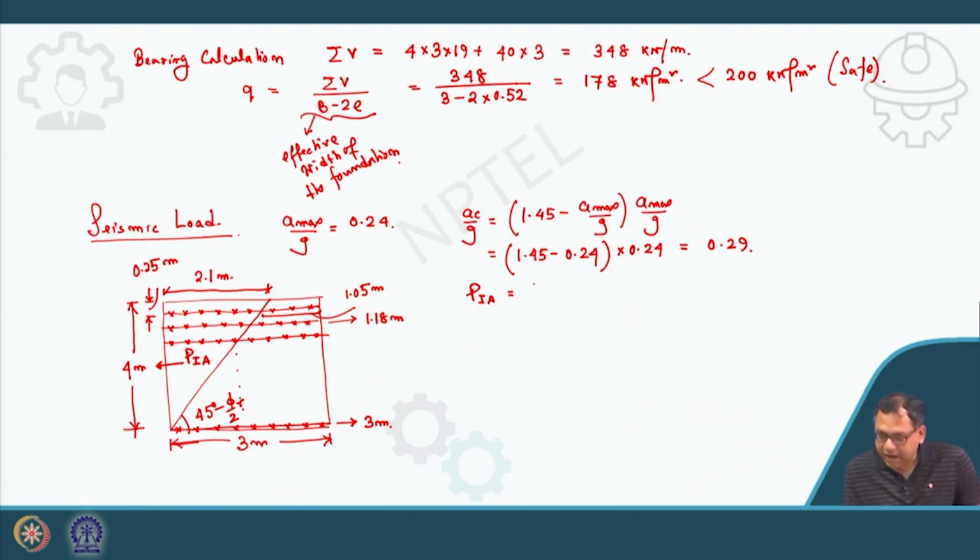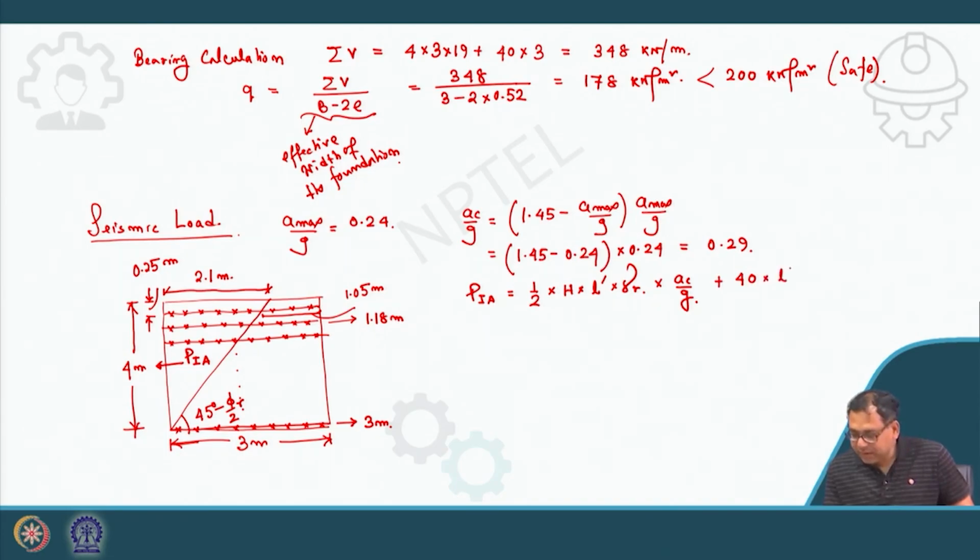The PIA expression is half into H into L dash into gamma R, that is the weight, into the AC by G. That is for this weight, but surcharge is also there. The contribution of the surcharge will be 40 into L dash into AC by G. So this contribution is due to surcharge, and this contribution is due to weight